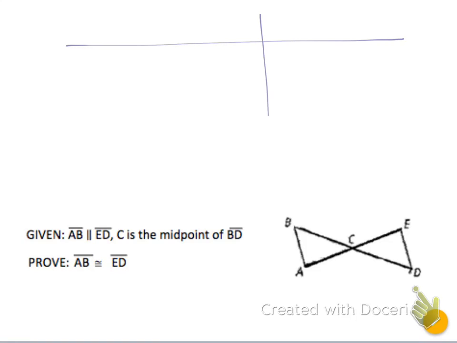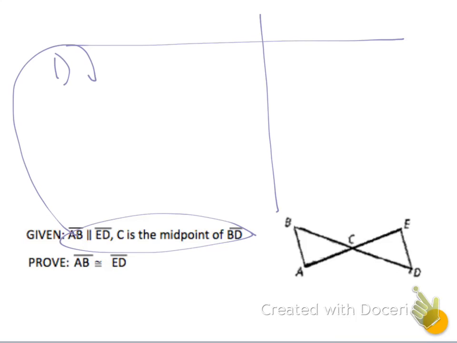Okay. So we start with my given. I'm just going to put an arrow up there to save some time, and my reasoning is given. Okay, so AB is parallel to ED, so I'm going to draw my little triangles in here to show that those are parallel. C is the midpoint